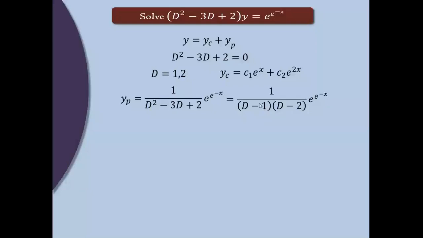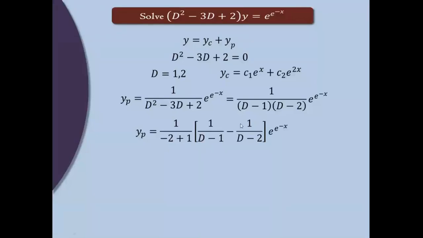Either apply d minus 2 on this and simplify, or apply d minus 1 on this and simplify and separate it out. The other option is to separate this by using partial fractions, and separation is quite convenient. So we take 1 upon d minus 1 minus 1 upon d minus 2. If we do cross multiplication, it becomes d minus 2 minus d plus 1. So minus 2 plus 1 is the term which we have to take outside.